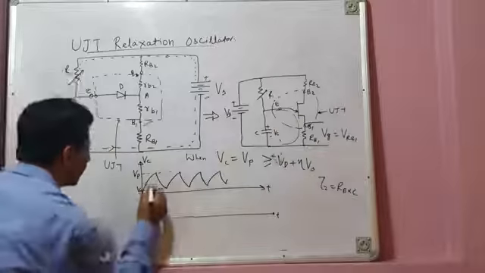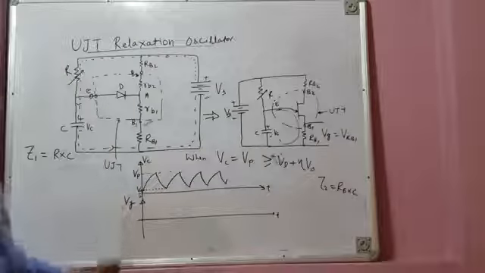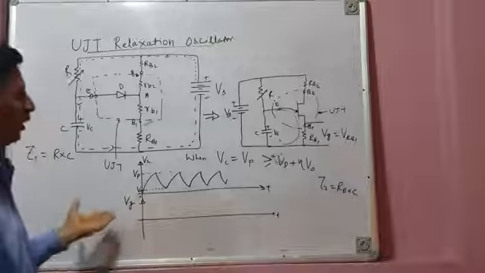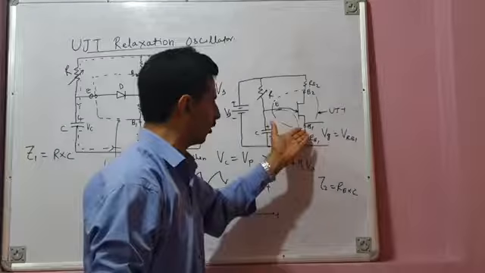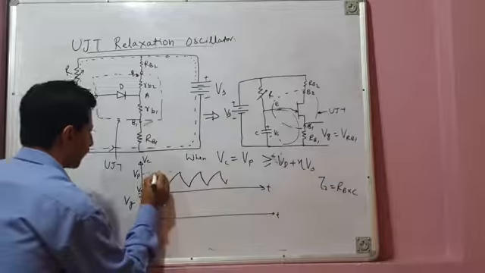How that can be used as a firing pulse? Let me show you. I am now showing second graph, VG, that is gate voltage or firing pulse across this external resistance, RB1.